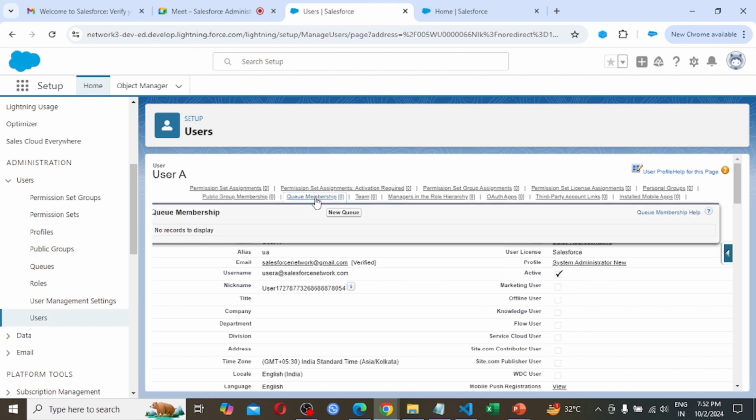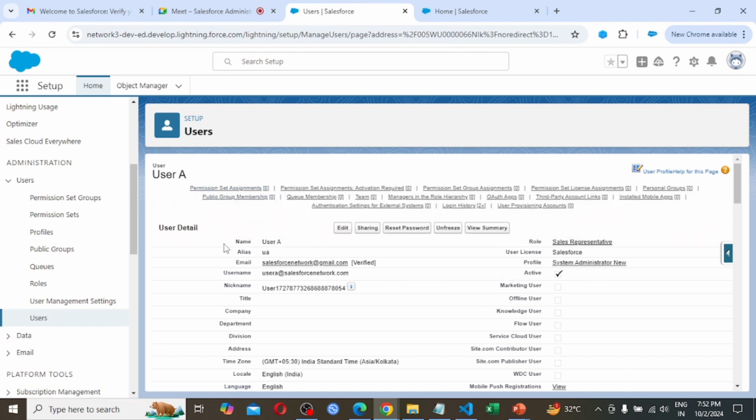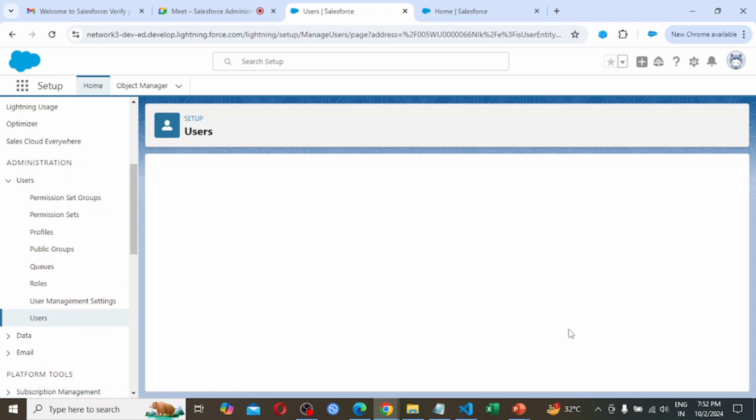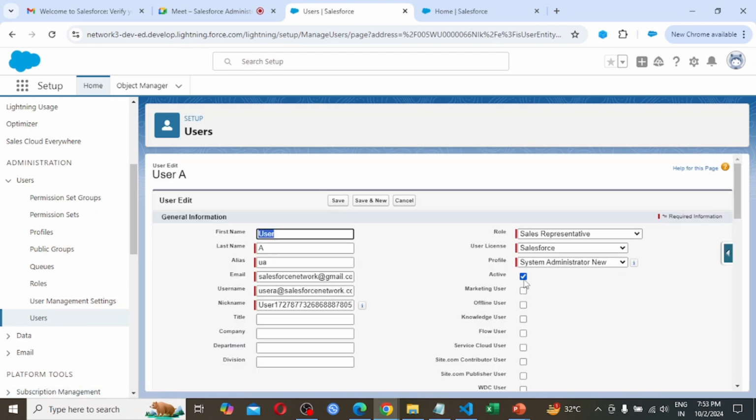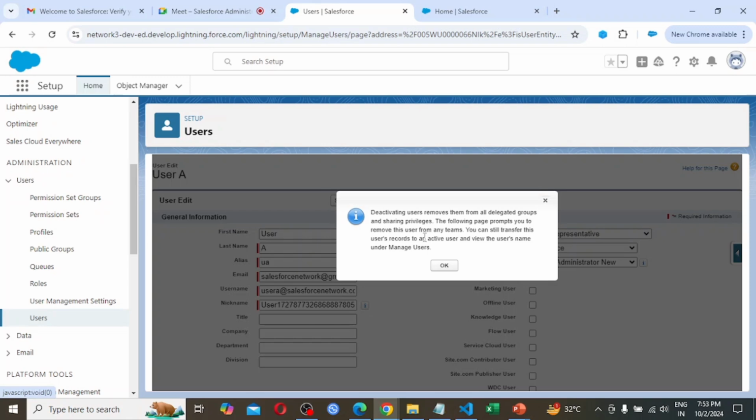So again I am going to user. So this user A, I am deactivating this user. So click, uncheck this active. It is saying that deactivating users removes them from all delegated groups and sharing privileges. The following page prompts you to remove this user from any teams.